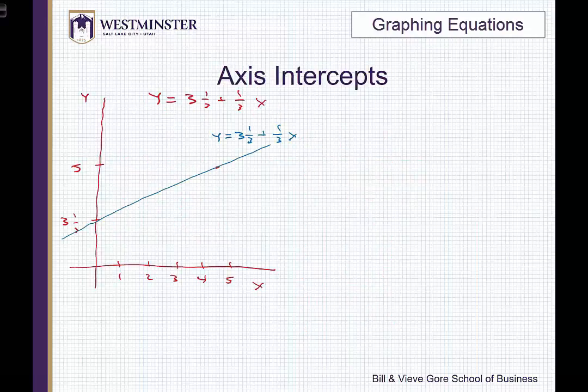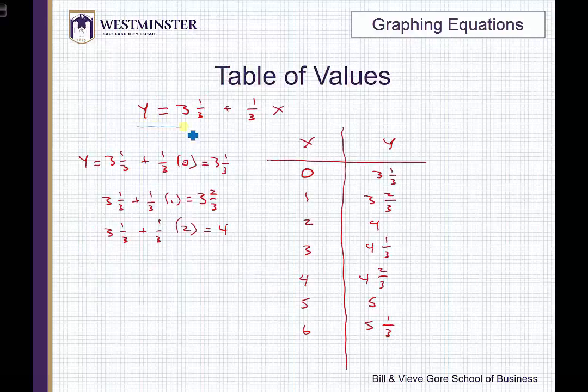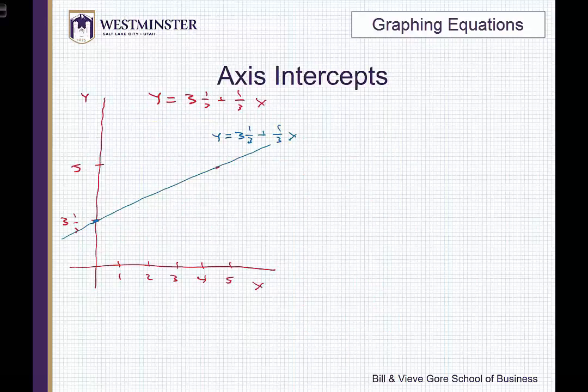Well, how do we think about that? We start with this constant, which happens to be the intercept on the y-axis, so y equals our constant. And then beyond the constant, for every 1 unit movement in x, we pick up a 1/3 unit movement in y. We can also think about this as what we'll consider a rise over run. You've seen this before. Rise over run, such that for every 1 unit movement in x, we have a 1/3 movement in y. So we have rise equaling 1/3